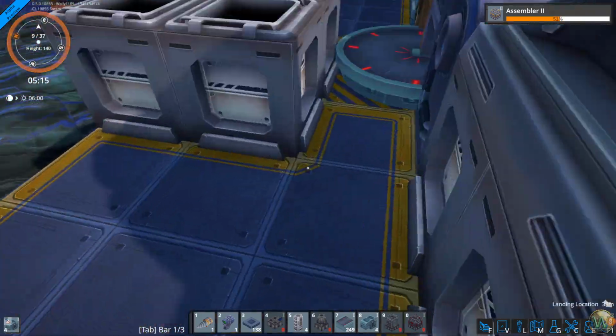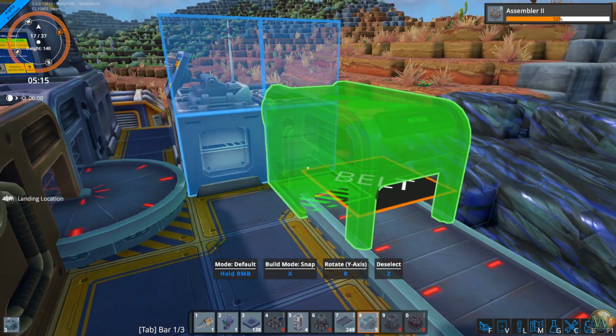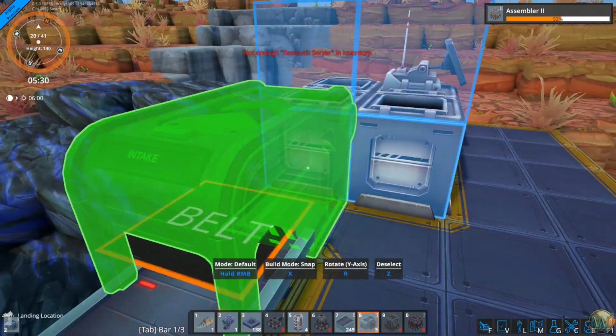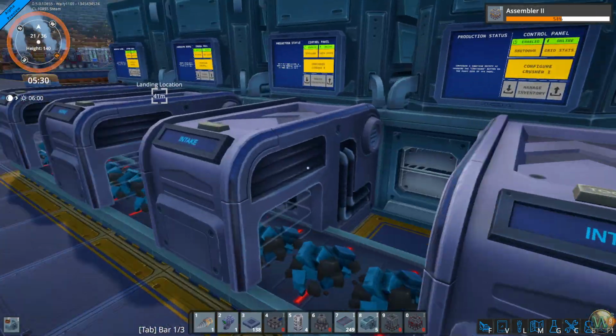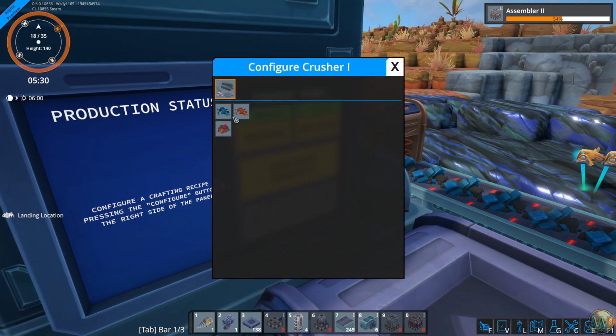And then we just need to output onto our ore belts here. Yep, output. Thank you. I hit it twice. Oh, it automatically outputs on those, so I didn't hit it twice. Okay. Oh, you need configuration. Yes, you do. And there is a way...